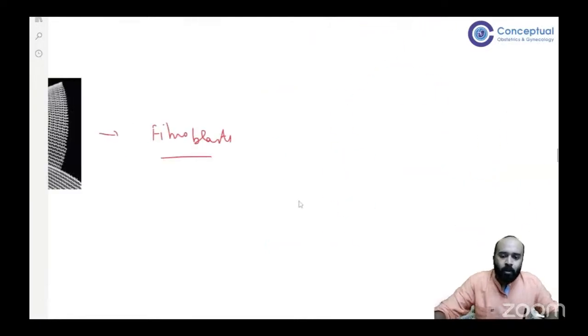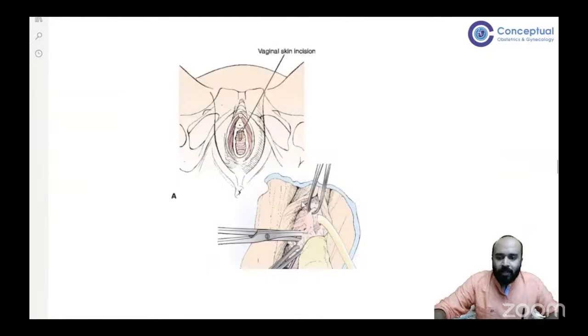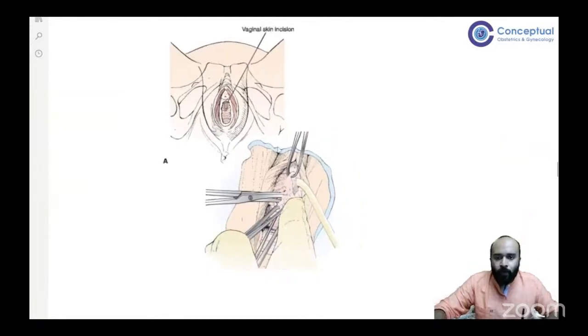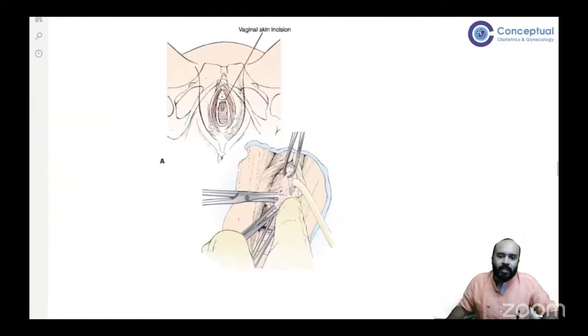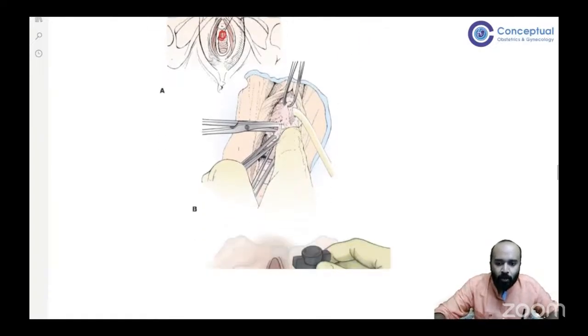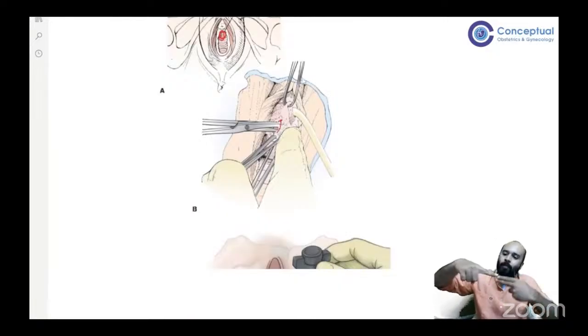In tension-free vaginal tape, the procedure was done in this way. First of all, I had to take an incision on the vaginal skin. From the vagina, I had to take an incision. Here you can see, यहाँ पे, there is a vaginal incision that has been taken. This incision over here. It's a small 2 centimeter incision that is taken on the vagina. From that incision, I have introduced a stylet or a thin scissor and I'm going to dissect the area lateral to it. इसको एलिस फॉर्सेप्स से पकड़ के जो यूरेथ्रा है उसके दोनों साइड पे मैं एक ट्रैक्ट बनाने वाला